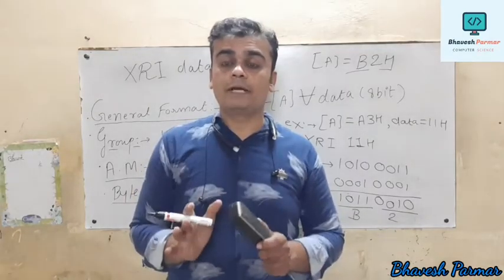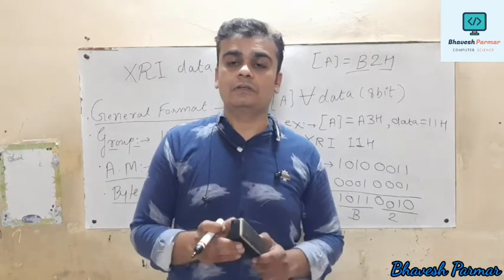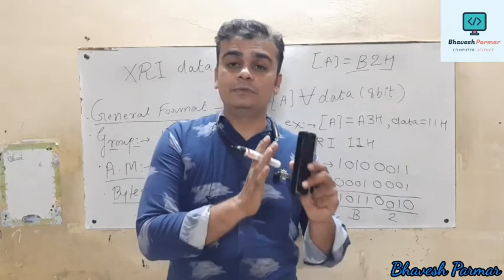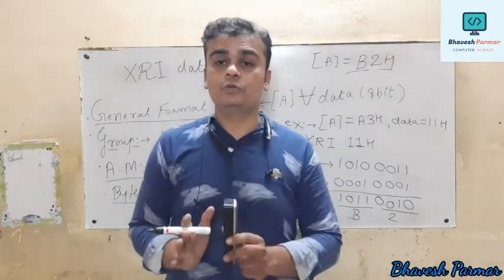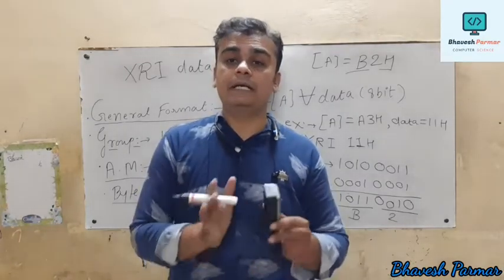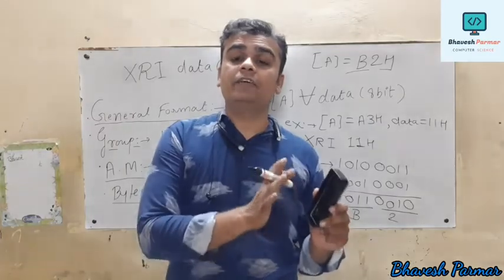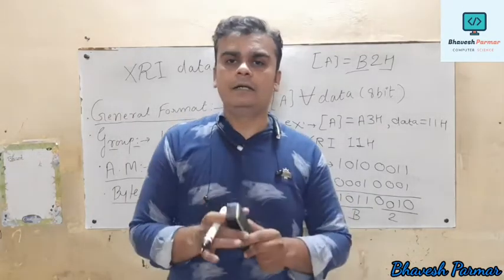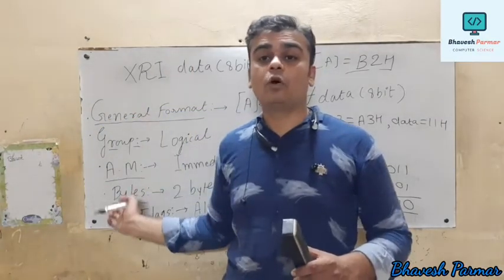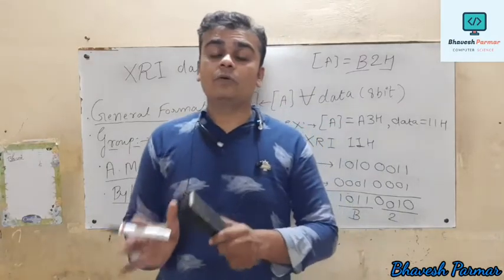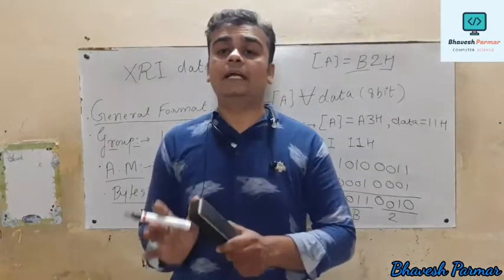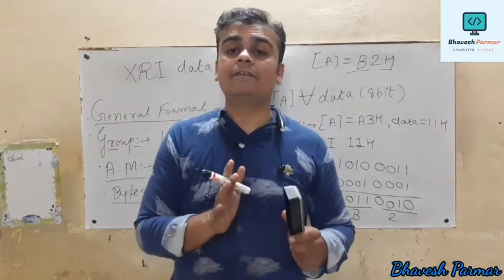In examination, there is always a 4 marks question in our question paper. They provide you the data and some instructions, and we need to solve only the example related to it, meaning what will be the effect of the given instruction on the given data. They just focus on the example point of view. In that situation, there is no need to write down all these remaining things. But if they ask you to explain the following instruction in detail, then we write down all the 7 points related to it.